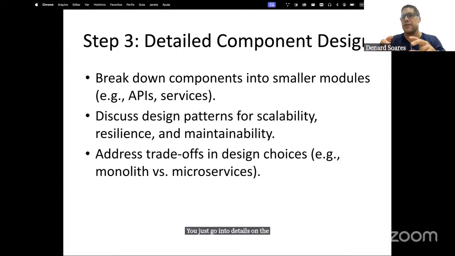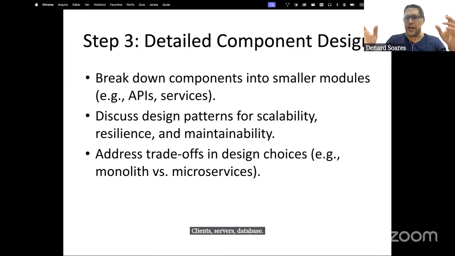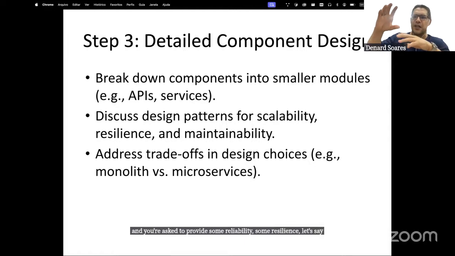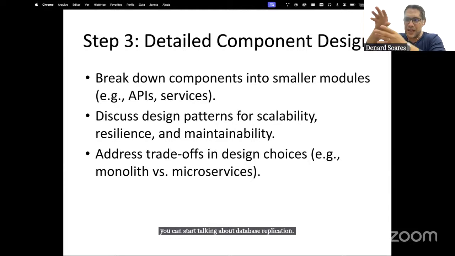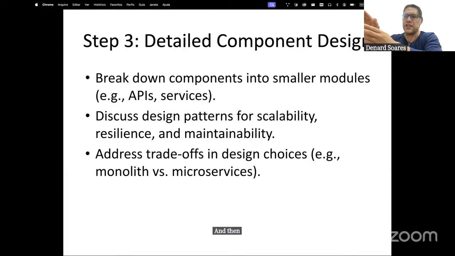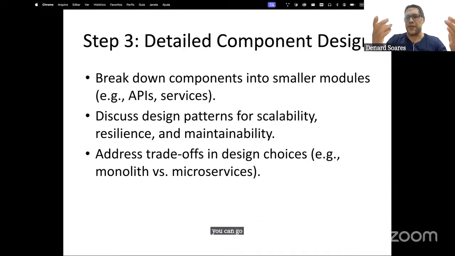If you have clients, servers, database, and you're asked to provide some reliability, some resilience, let's say, you can start talking about database replication. And then you go into details on the database part, okay? When you're finished on that part, you can go to another part if it's demanded from you, okay?